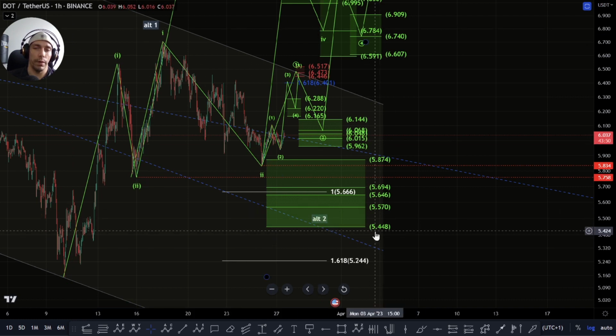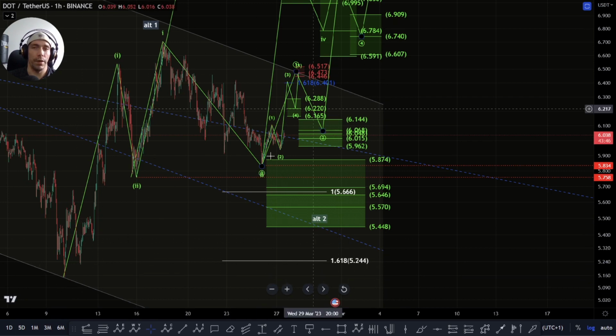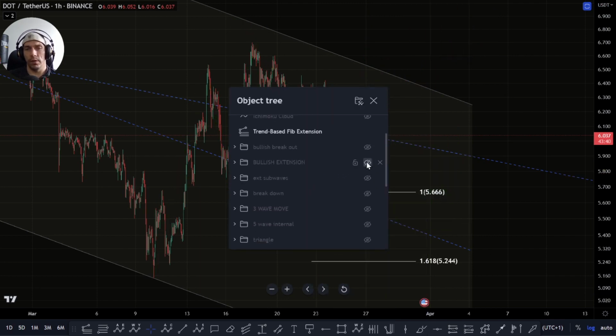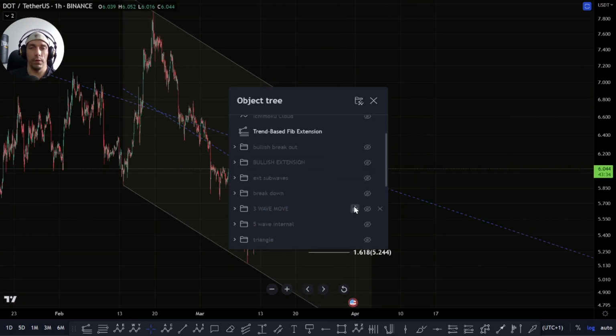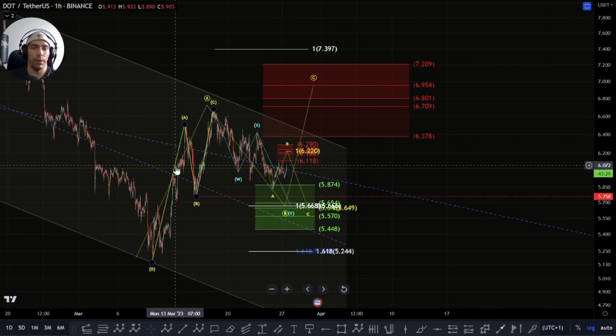Once we start to lose 544, it becomes less likely that we're going to continue this move up here, and potentially we still have a little bit of a continuation to the downside first. So just because we have a move to the downside doesn't necessarily mean that it is all bearish. Potentially within this, if I throw this other count on, you know, we could still do something like this